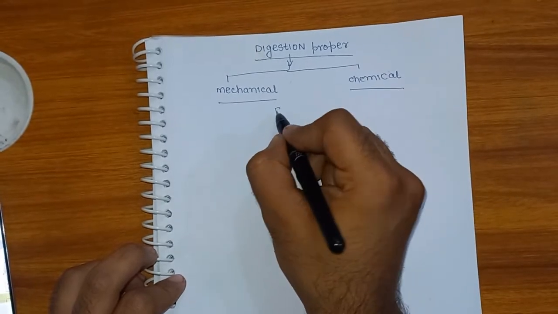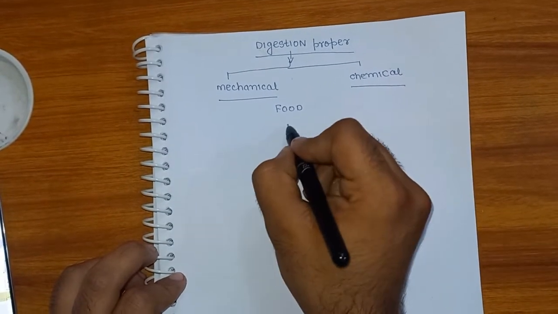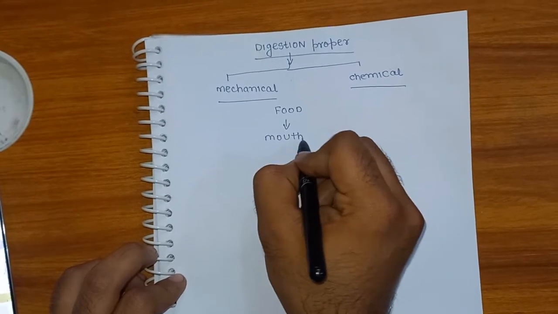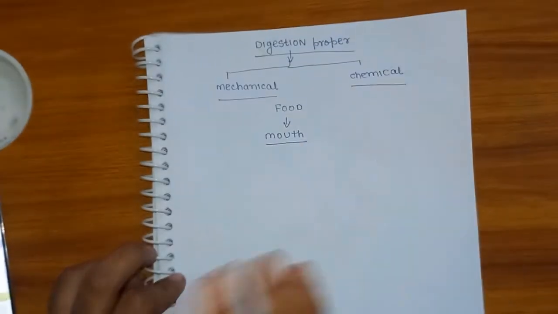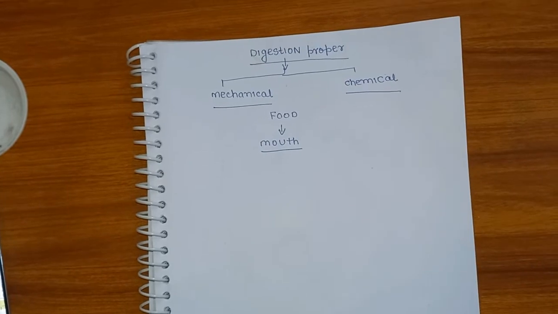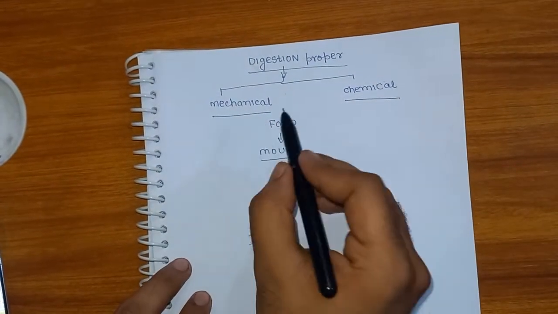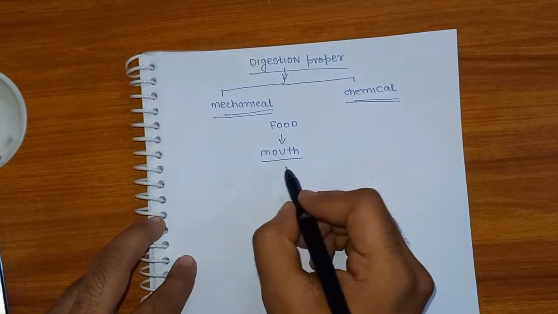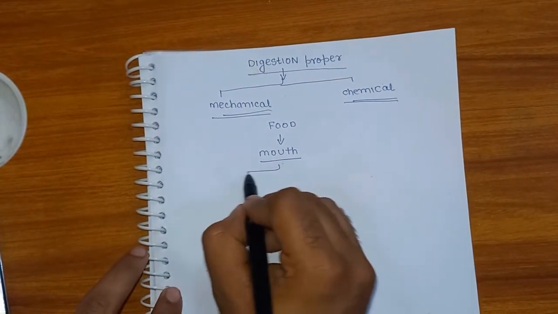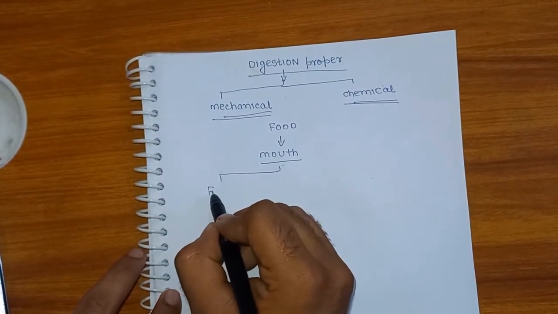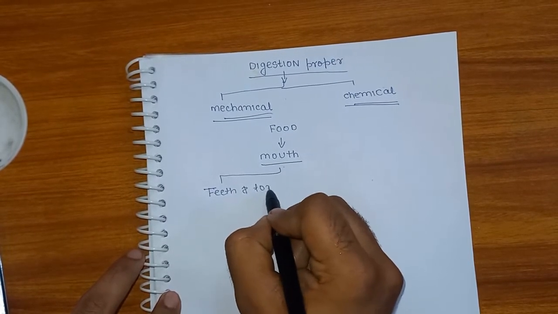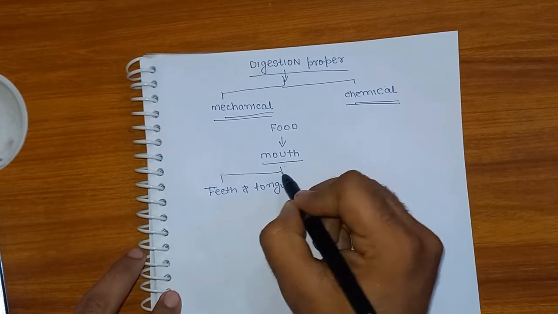First, when we eat food, it enters into the mouth. From the mouth, digestion starts. It's actually a combination of mechanical and chemical processes. The mouth contains two parts. One is teeth and tongue, and the other part is the